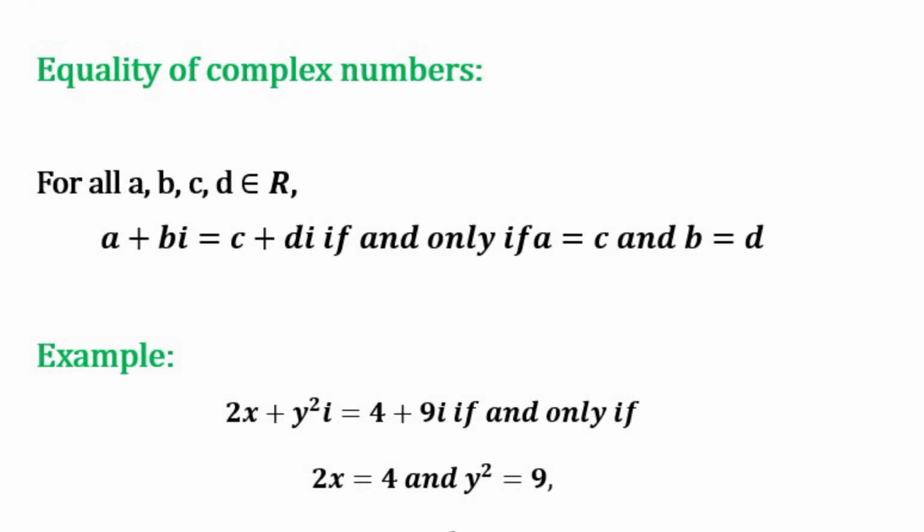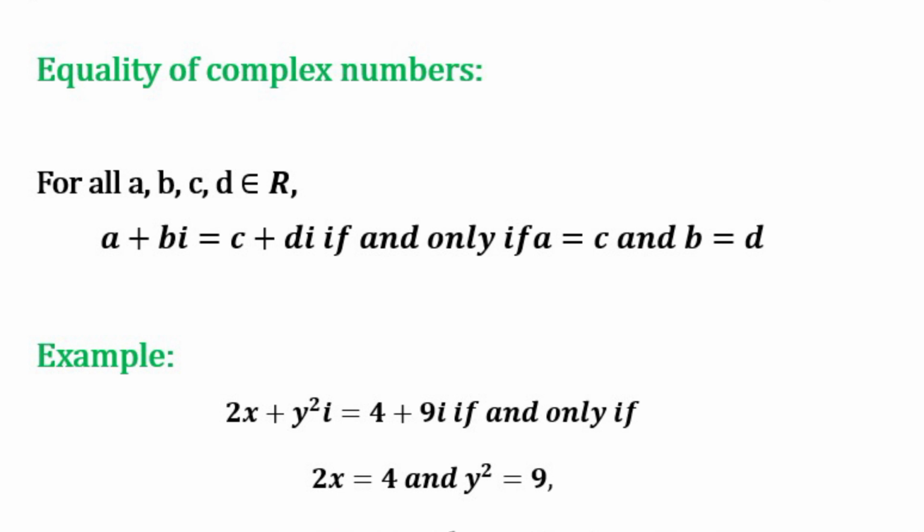These two complex numbers will be equal to each other if and only if their real parts are equal and their imaginary parts are equal. Look at the statement. For all a, b, c, d belong to set of real numbers, a plus b iota equal to c plus d iota